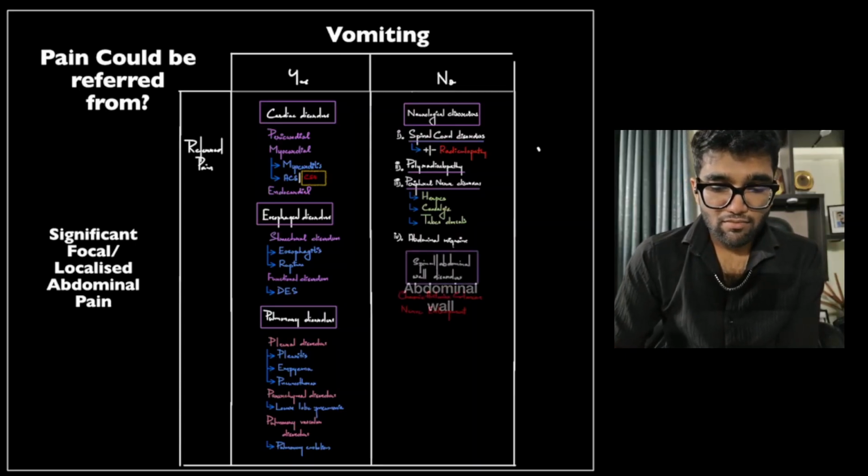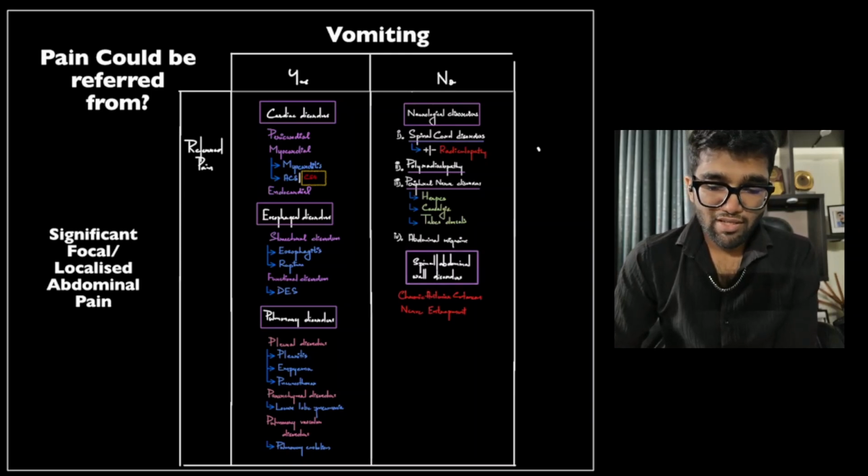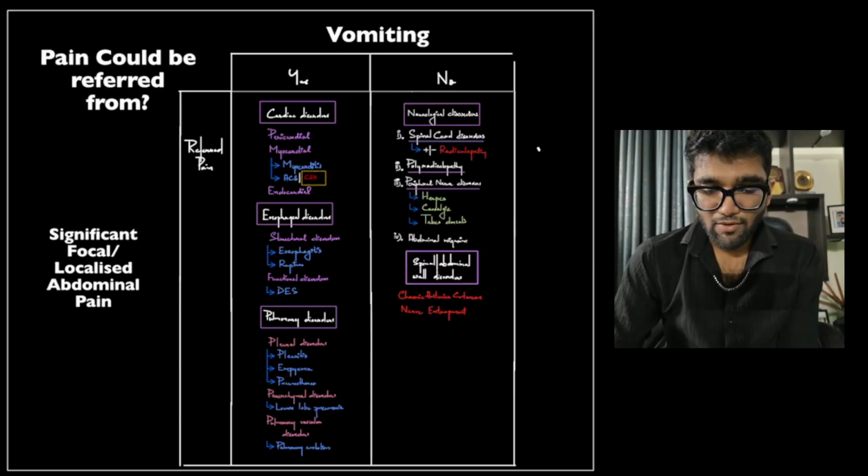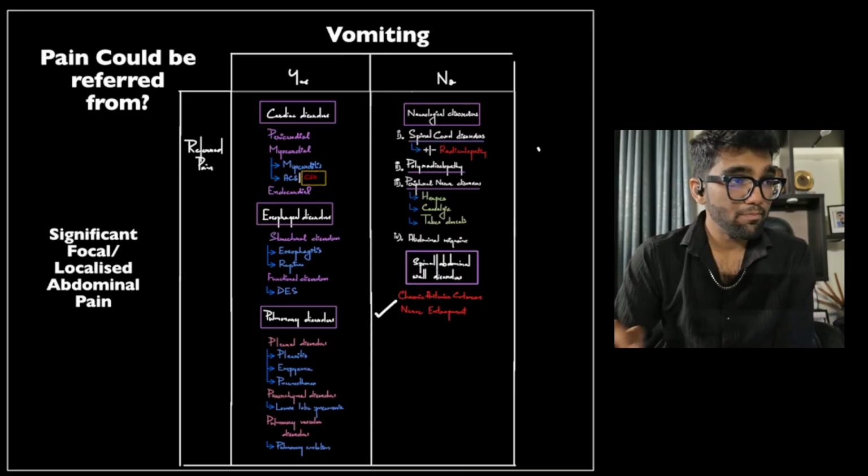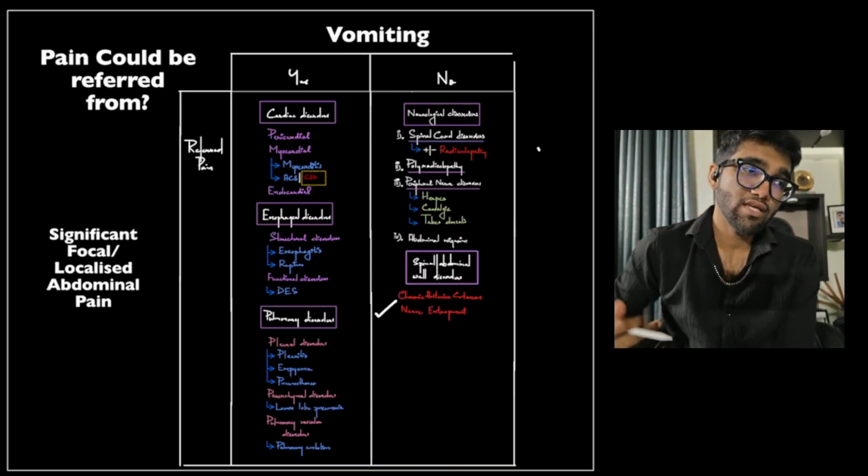Okay. Then we have abdominal wall disorders. Now, essentially any part of the abdominal wall can be affected. But one disorder that is most important to consider is chronic anterior cutaneous nerve entrapment. So anterior cutaneous nerve entrapment occurs on the lateral border of